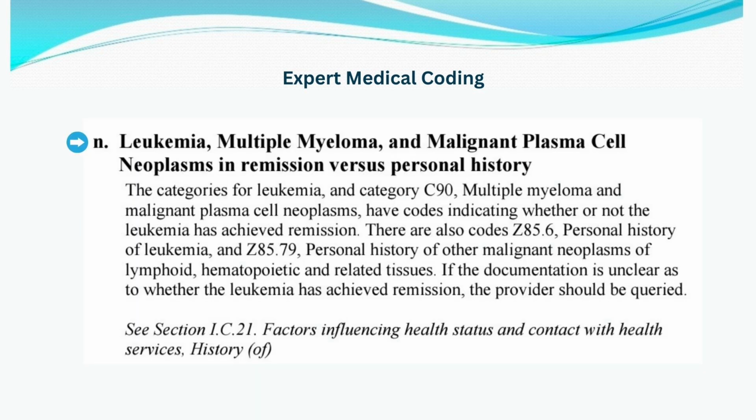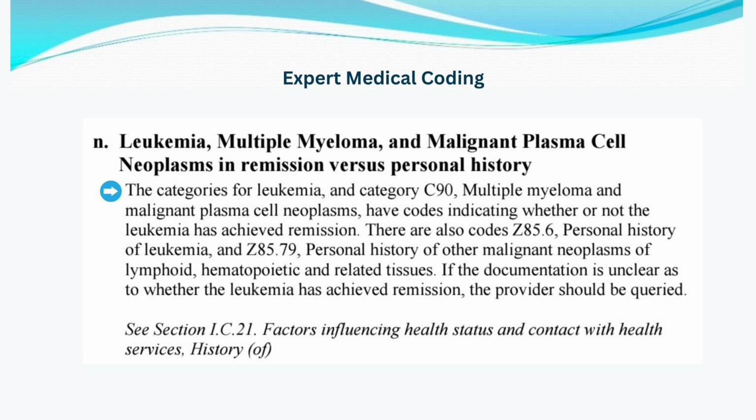Now let's move towards the next coding guideline, and that is leukemia, multiple myeloma and malignant plasma cell neoplasms in remission versus personal history. The categories for leukemia and category C90, multiple myeloma and malignant plasma cell neoplasms, have codes indicating whether or not the leukemia has achieved remission. There are also codes Z85.6, personal history of leukemia, and Z85.79, personal history of other malignant neoplasm of lymphoid, hematopoietic, and related tissues. So if the documentation is unclear as to whether the leukemia has achieved remission, the provider should